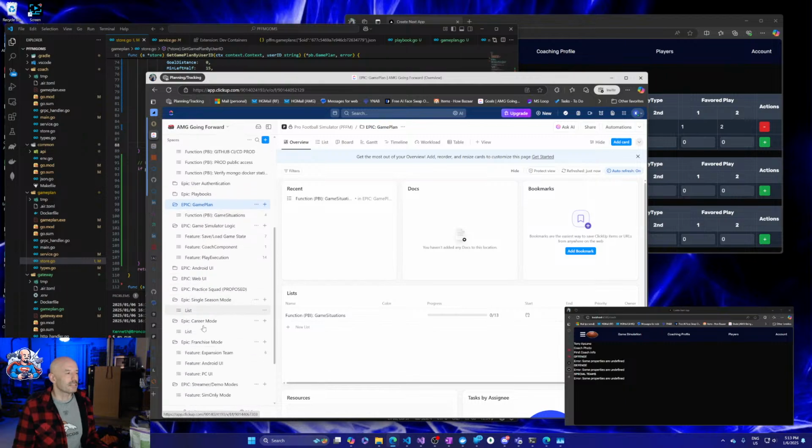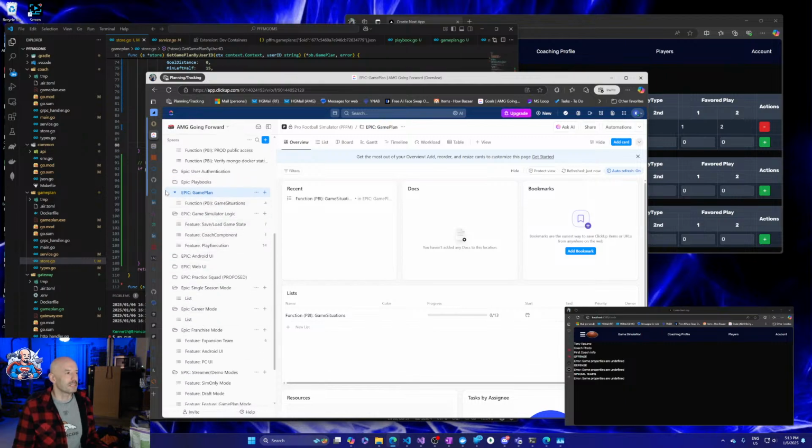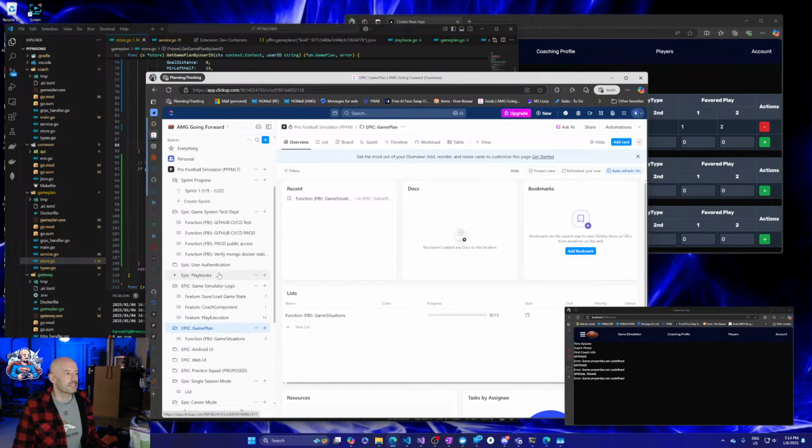Game situations is already kind of loading. It's not 100%, but it's no longer a requirement for me to get the first set of functionality I want. So game plan's fine. I got situations working, or at least they're loading. I need playbooks now to work so that I can get to the simulation logic, which is going to allow my coach component and my play execution to work. So I need my playbooks in place,